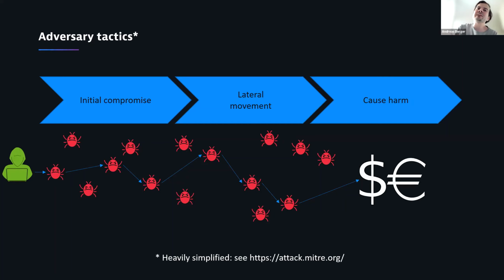So this is probably all very obvious, but I just want to highlight we're talking about simple software bugs, right? So there is no special security notion to that. We just need to make sure that we limit the number of bugs in the system, and then we will limit the attacker in his movement, and that will have an implication on the time he spends on the attack and the money he can make with that.